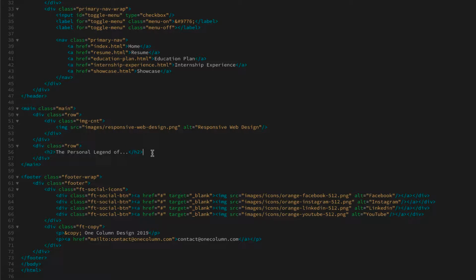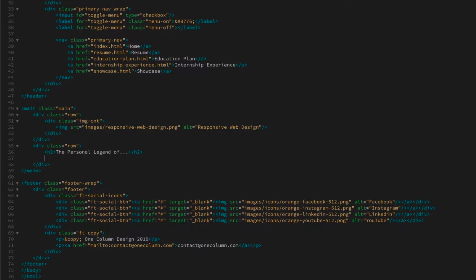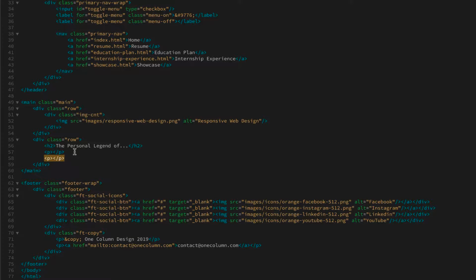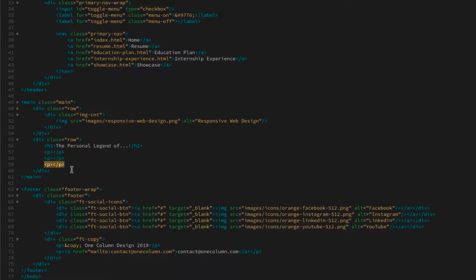And then from here, I'm going to put in some paragraphs. I don't have an actual essay about me written up. So what I'm going to do is put in some filler text, or what is known as lorem ipsum dolor. And so I'm going to start with a paragraph, and essentially I'm going to put in 3 paragraphs. You might have 4, you might have 5, depending on what you end up with. So what I would recommend is putting that amount of paragraph tags in for the number of paragraphs for